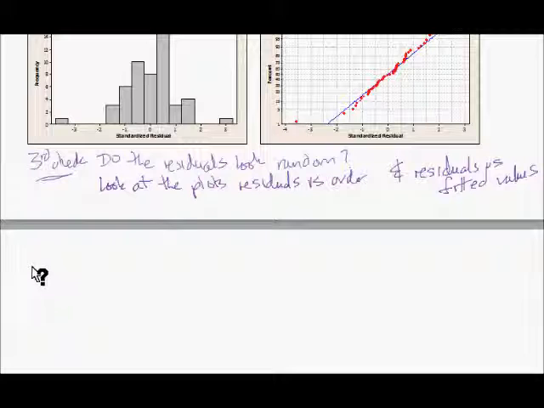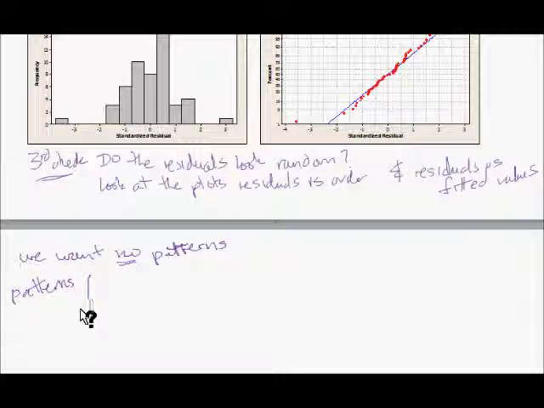What we're looking for there, we want no patterns. And what patterns do we usually look for? The ones that usually show up are sort of a curve. You might see a curve either that way or this way,